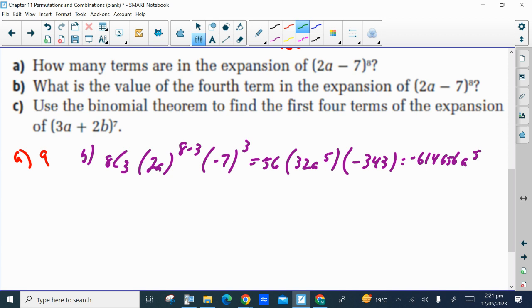then part C asks us to use binomial theorem to find the first 4 terms in this expansion. So the first term,